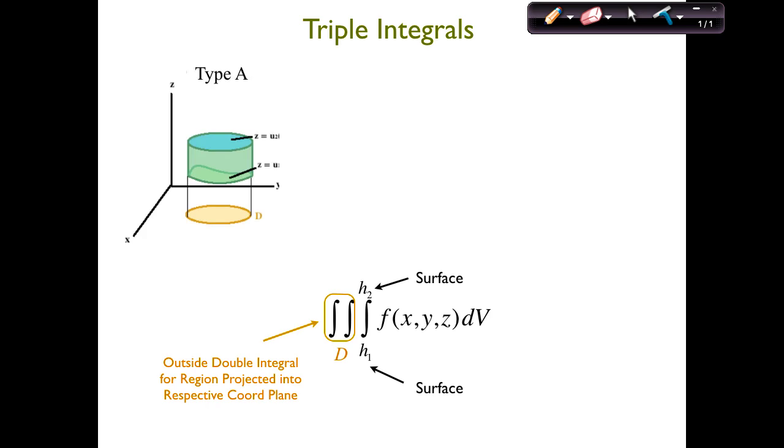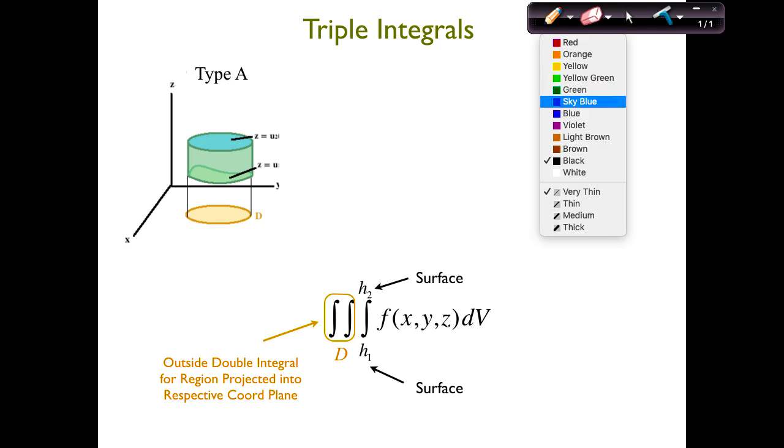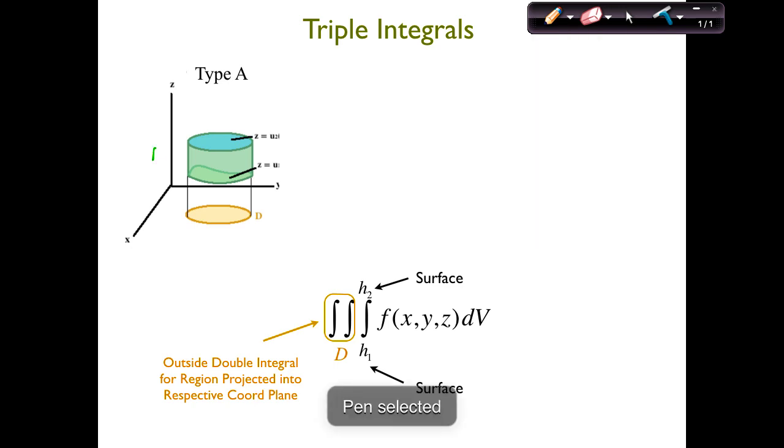Okay, so there's type A, and that's where our solid is. The solid is the greenish thing. We're going to project that solid down into the xy plane, and that's going to give us our D. So this is E up here. This thing here is our solid E. And then the surface to surface is going to be,